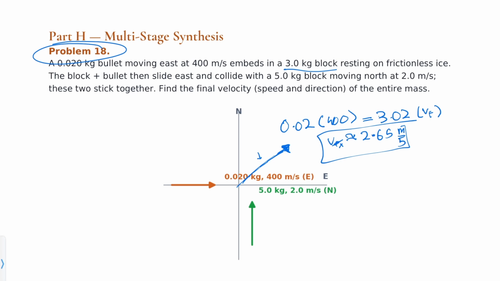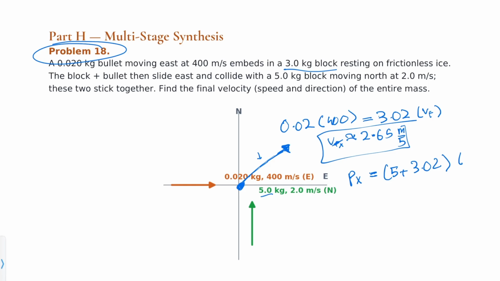So we know that since we have a velocity x of 2.65, our momentum x, once the collision happens, we're going to have a total mass of 5 plus the 3.02 mass times the